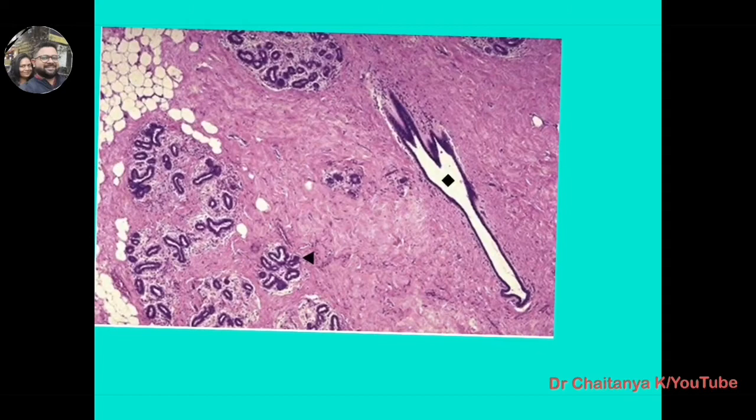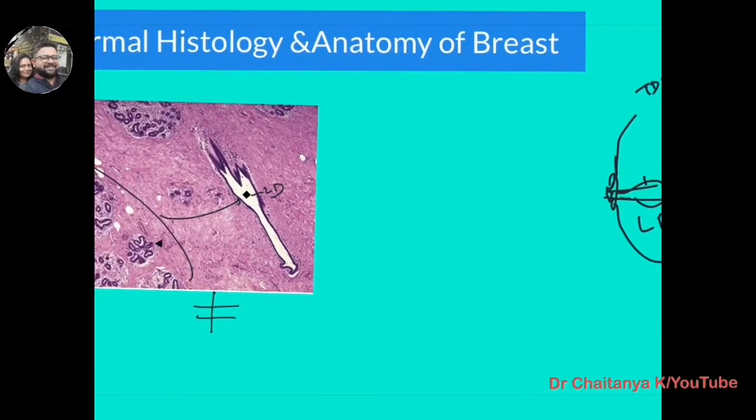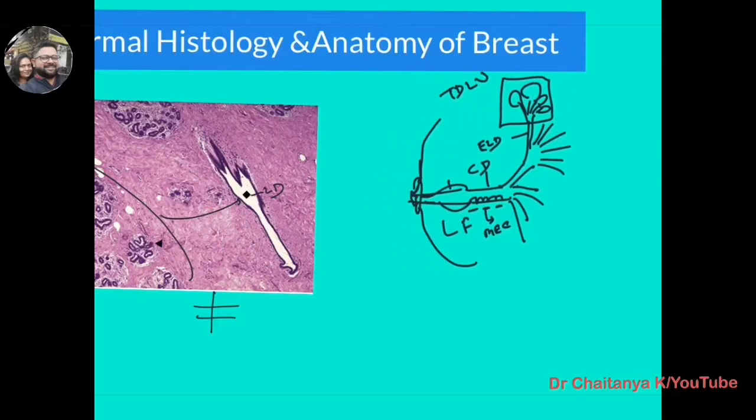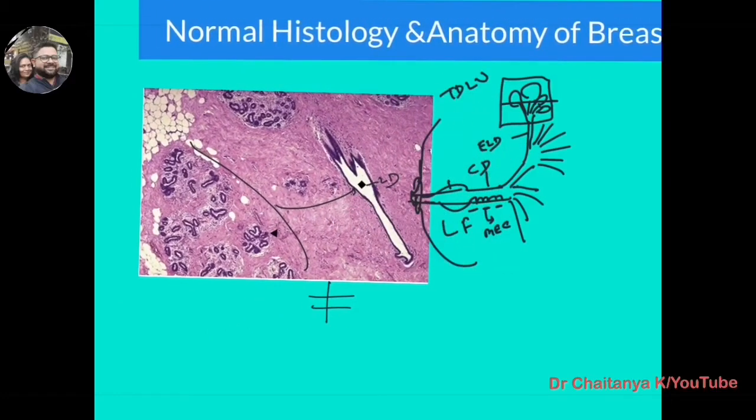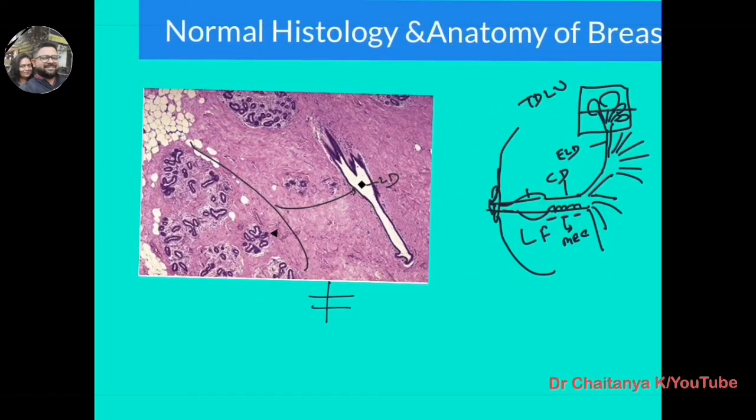Here you can see this is the large duct basically, and this is one lobe which is connected with this collecting duct. If you see this lobule and you cut over here, then you can see such a structure. So this is basically a lobule, showing inside many small ducts and acini, and this is the intralobular stroma. This is extralobular stroma. This is another lobule which is connected with this collecting duct or large duct.